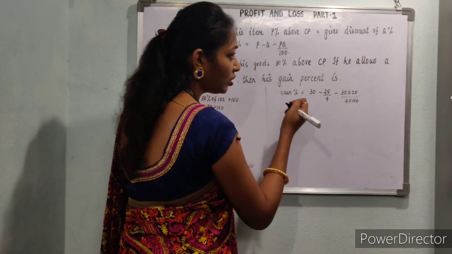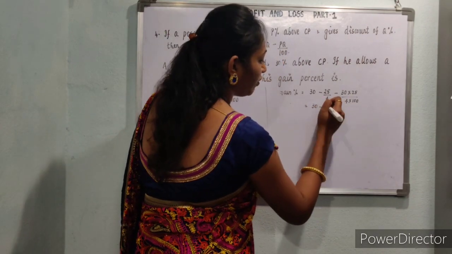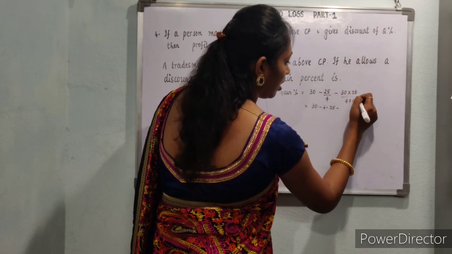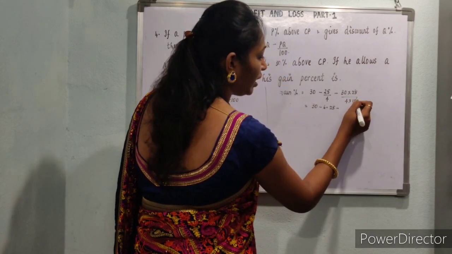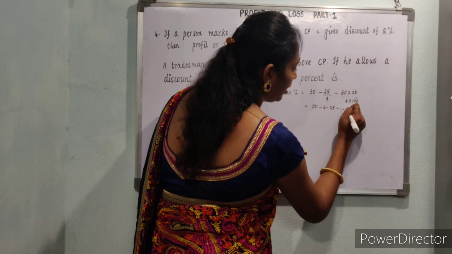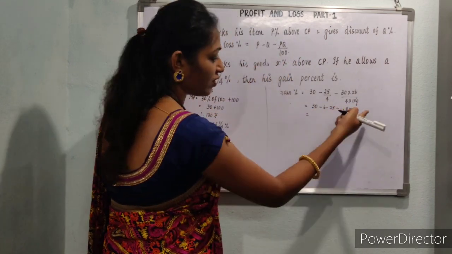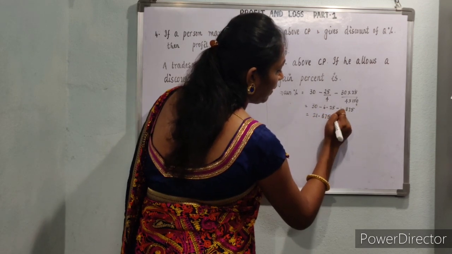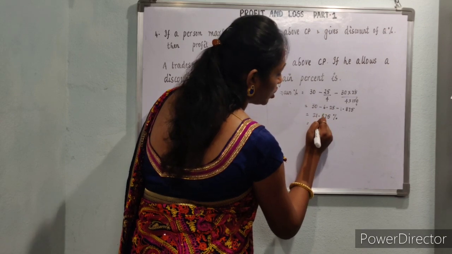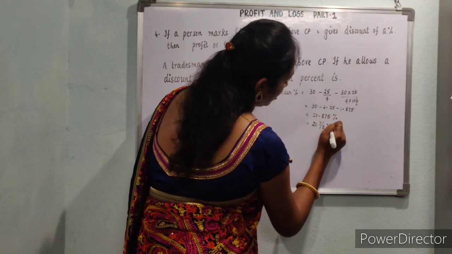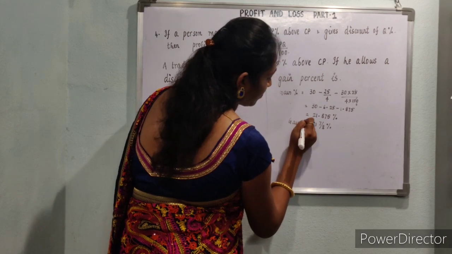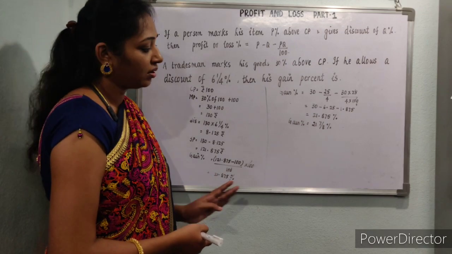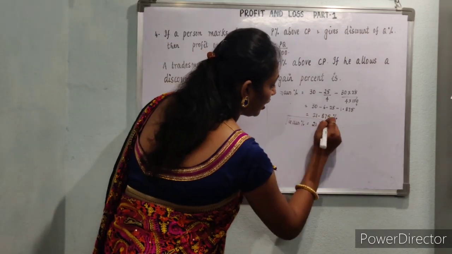So if you solve, you will get 30 minus 25 by 4, which is 6.25, and when you solve this, you will get it as 4 times. So 30 divided by 16, you will get 1.875. So directly, if you subtract this, you will get the answer as 21.875%, or you can write it as 21 7/8%. See, it just took 20 seconds to complete, and it took nearly a minute to complete the normal method. So I hope you understand this gain percentage.